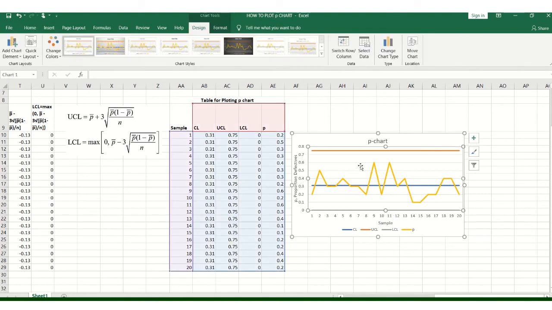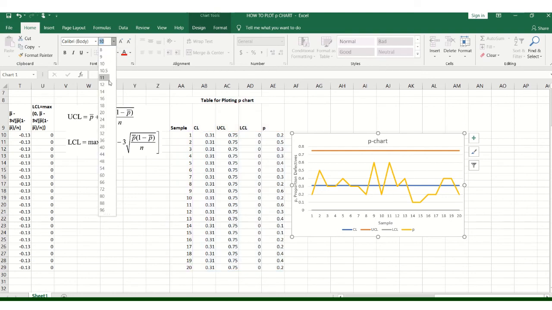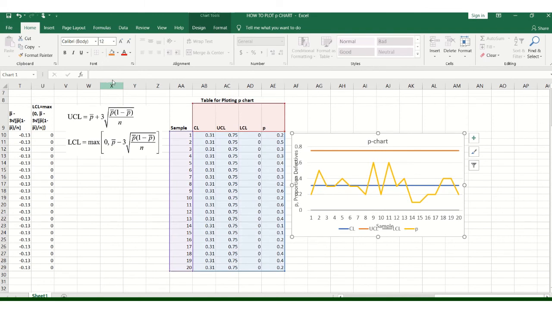I can also change the color of this chart. If I want to, I can increase the font size, and change the color for better legibility.